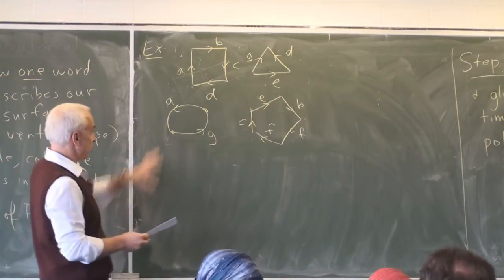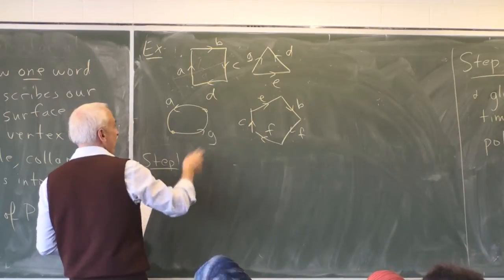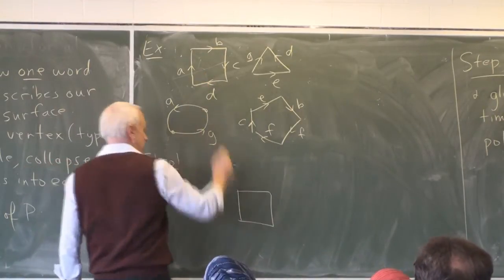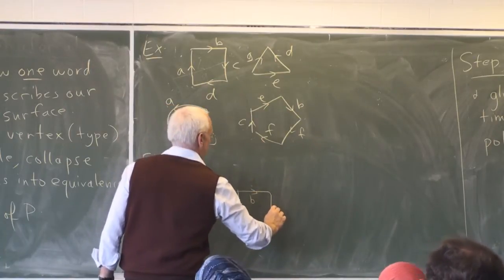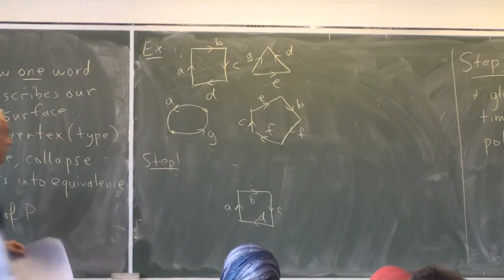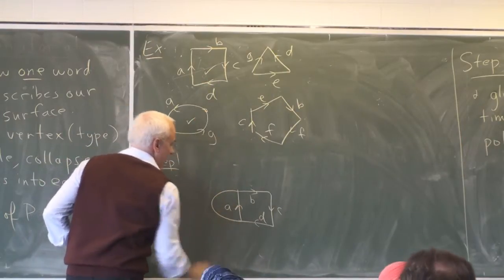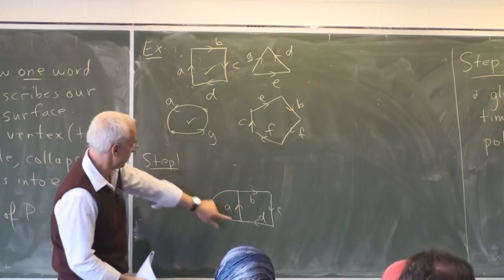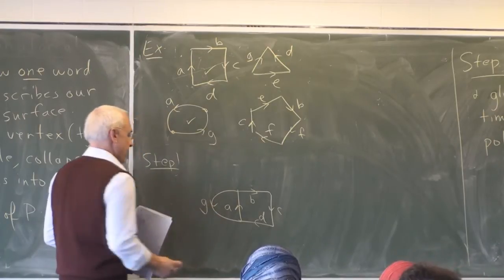So our first step is to glue all these things together. Let's do that first. So our step 1 on this would be to glue all these things together to form a planar polygon. So let's start with, say, this one here. A, B, C, D. And we attach some things. Say along that edge A there, we're going to attach this one here. And how does that work? Well, we have to move it around so this A edge lines up with that one, and then the G edge is going to come down like that.